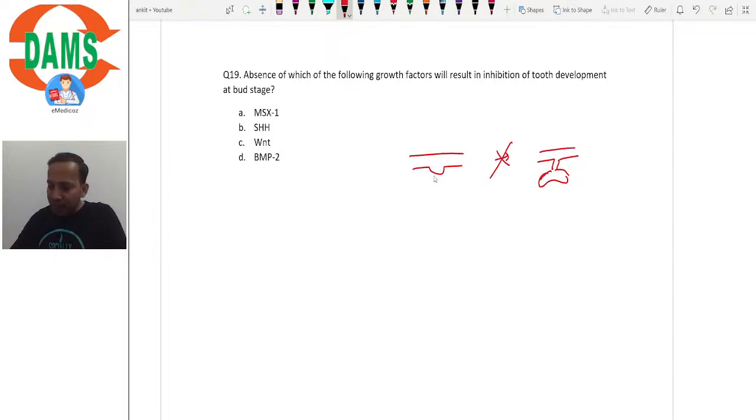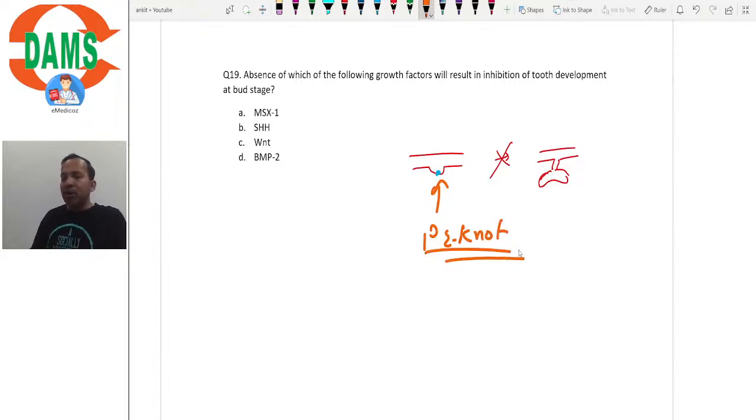तो एक तो क्या होता है कि at the end of bud stage, the primary enamel knot appears, isn't it? The primary enamel knot appears. Right? So, primary enamel knot inhibits the proliferation of cells at this local point, resulting in the cap shape. तो morphodifferentiation, histodifferentiation सब कुछ at the end of bud stage शुरू होता है, जो कि हमें दिखता है cap